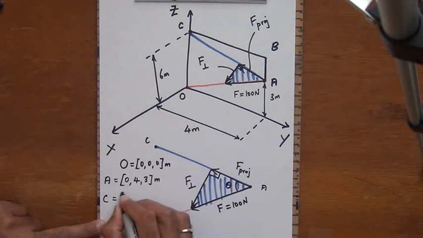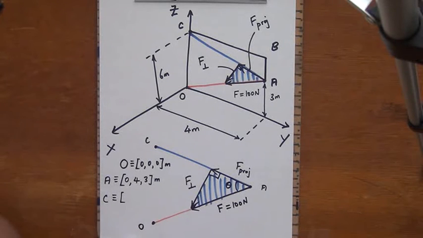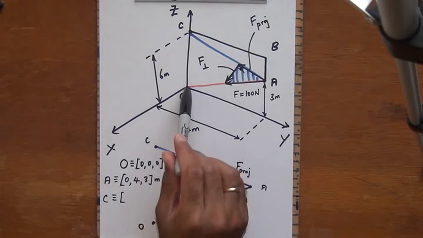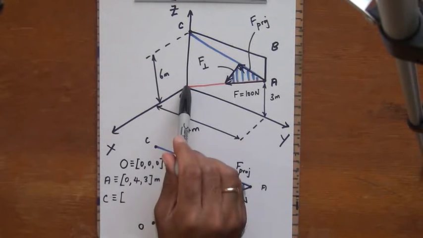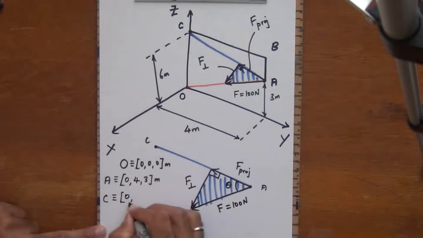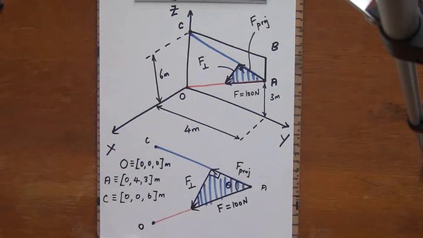Look at the point C. The point C is a point on the Z axis, which means that it's at a location of 0 meters along the X, 0 meters along the Y, and scooting up by 6 meters. Alright, so this is going to be 0, 0 and 6 meters. Alright, so I have these points of interest for me, and now the thing that I need to look at